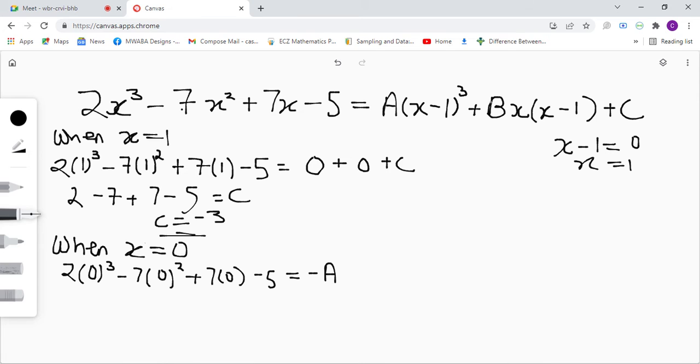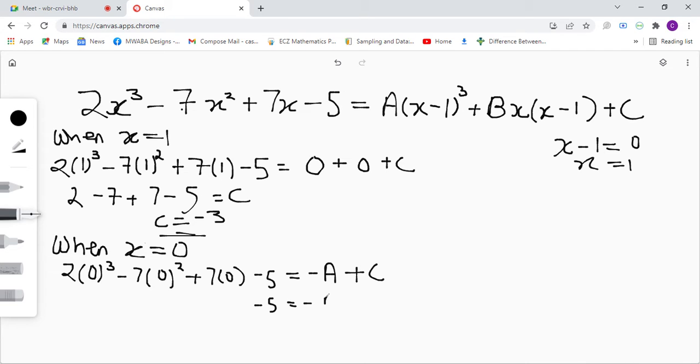When x equals 0, b is going to be cancelled out. This expression is cancelled out. So we're going to have negative a plus c on this side. 2 times 0 is 0, 7 times 0 is 0, and 7 times 0 is also 0. So we have negative 5